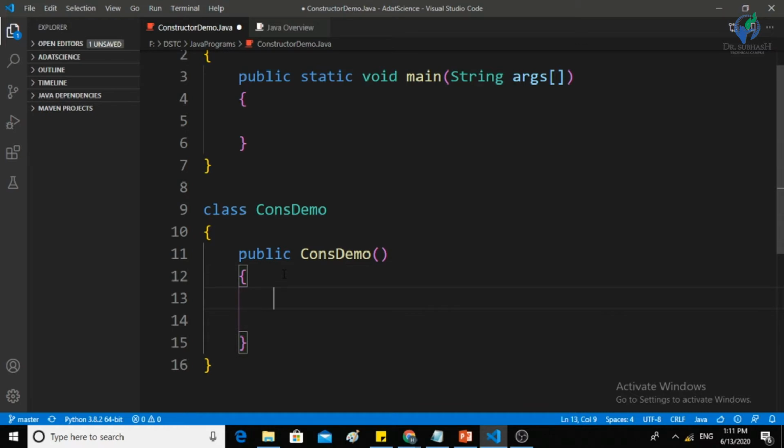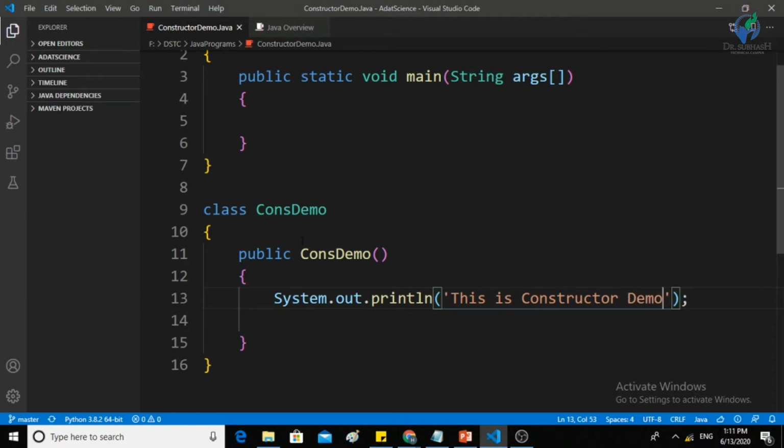We have defined the constructor. Inside it, System.out.println, let's say this is the constructor demo.